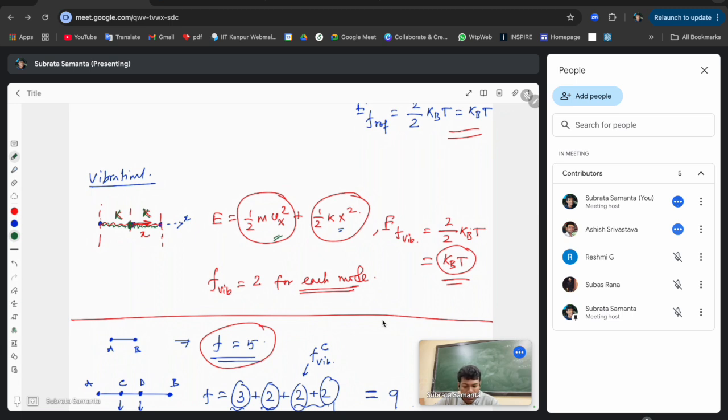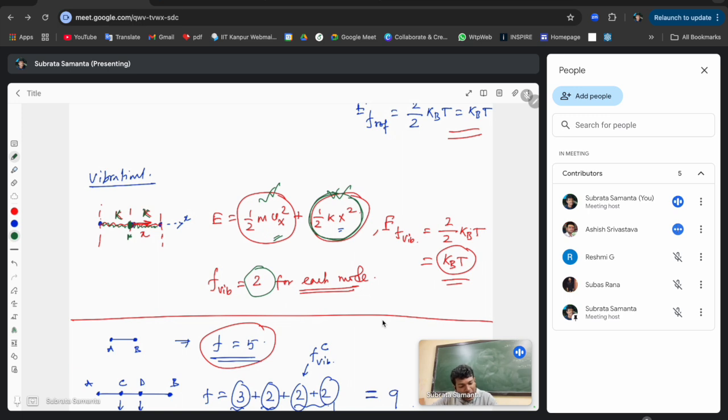So if you have atoms of mass m, they have kinetic energy half m vx square, plus due to these vibrations they have, let's say, a spring, so there is potential energy half kx square for the spring. So in this case, even if there is one mode, the degrees of freedom is effectively 2. One is for this part, one is for that part,